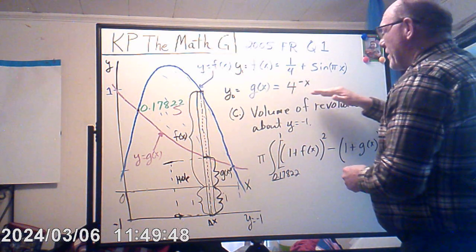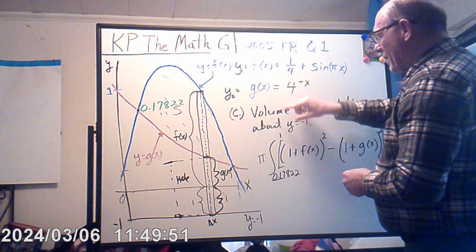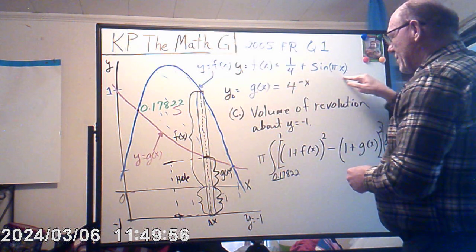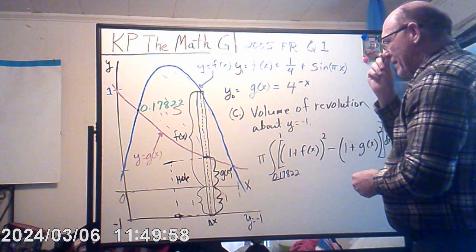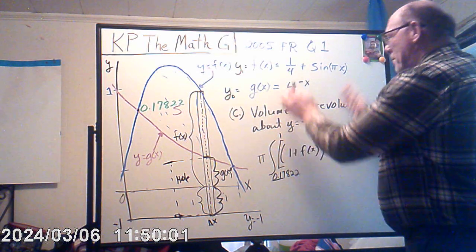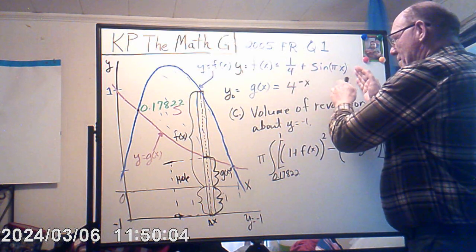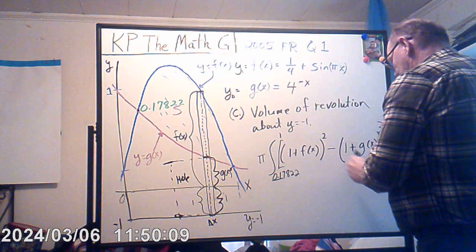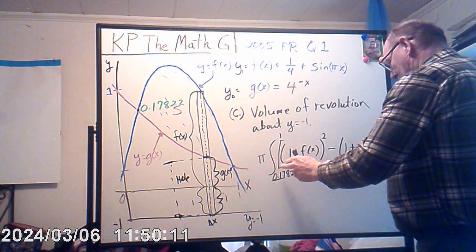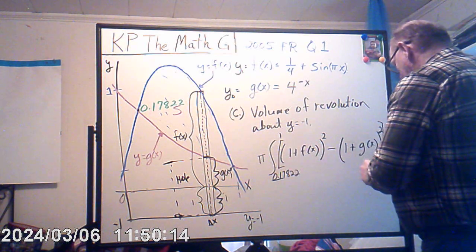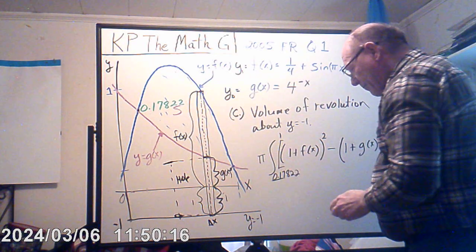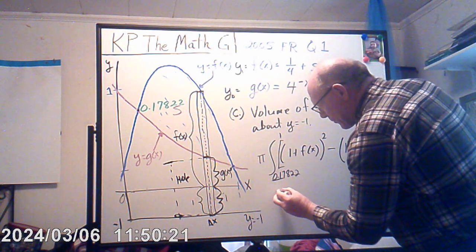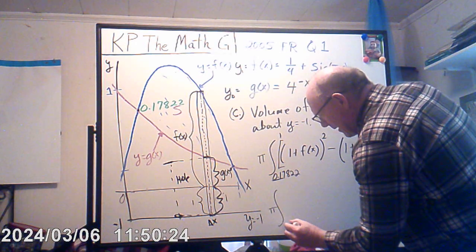In case you don't know how to put it in on your calculator, you can put it in just straightforward. You can put this part in, 1 plus this part, and then minus 1 plus this part right here, squared. Then block it all in, put it all together, and then dx on the end. If you know how to do it this way,